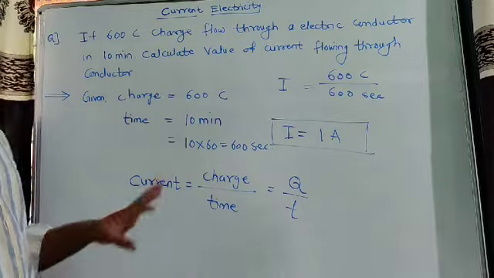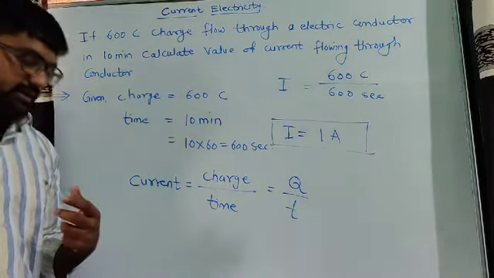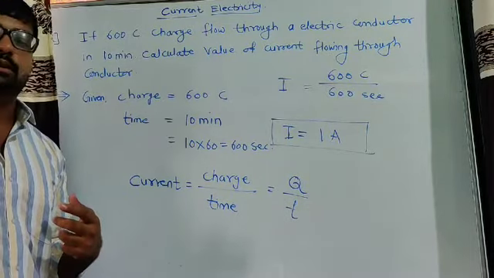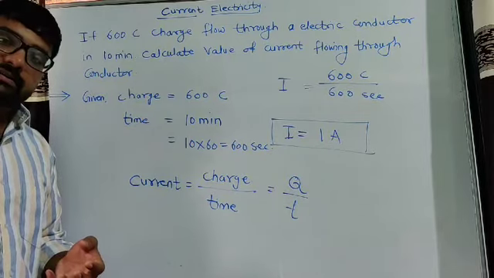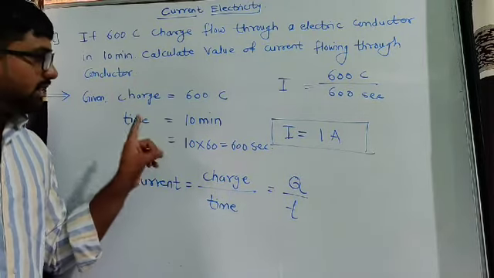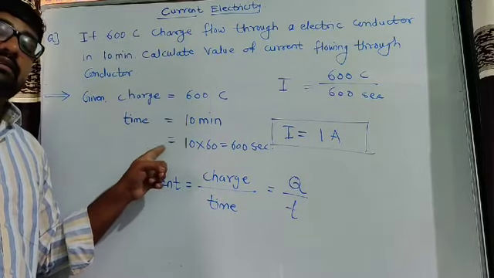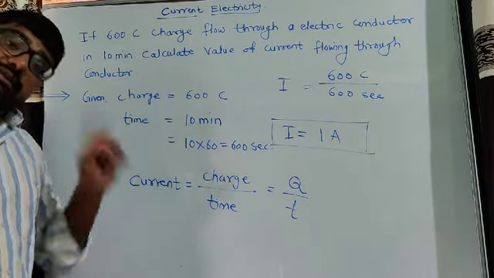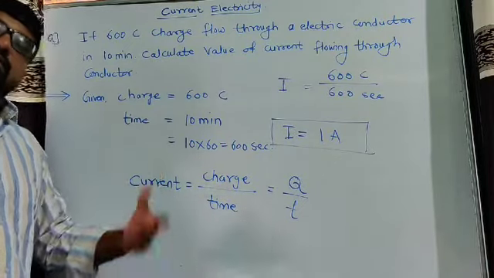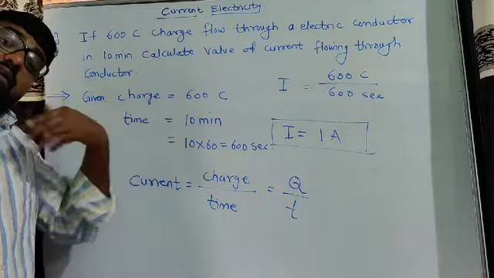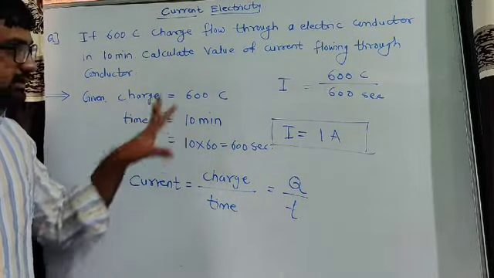Okay, so look at, the problem topics are over now. From the next lecture we have to start a new chapter. Okay, but here look at, you have to write all the formulas of this chapter. These formulas are very important. This current electricity part is used up to 12th standard. In 10th standard we also have to use this formula, 11th standard this formula, 12th standard, and further above also we have to use this part. Okay, so this is very important.